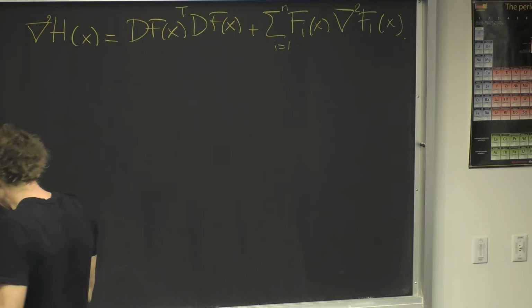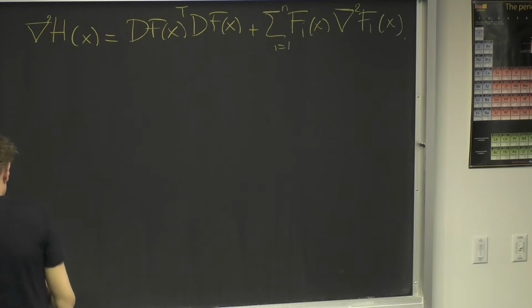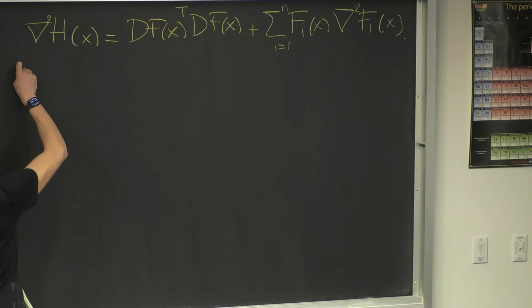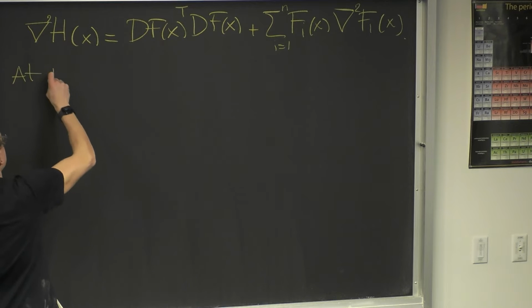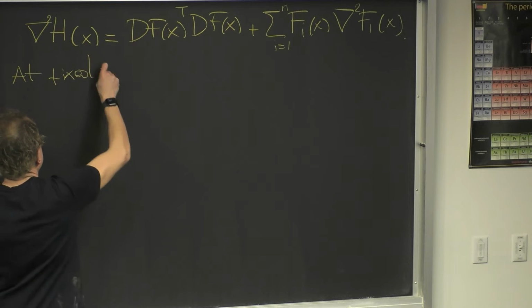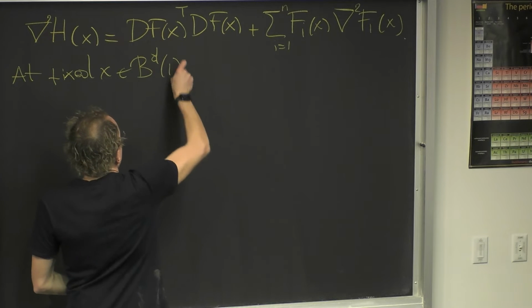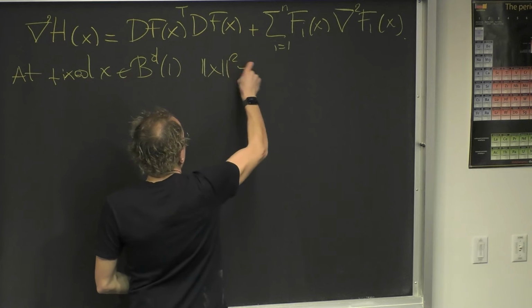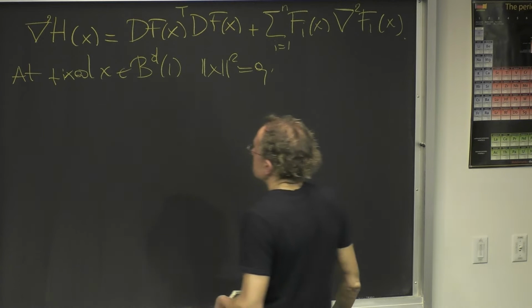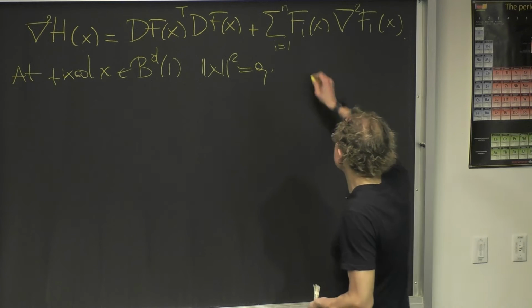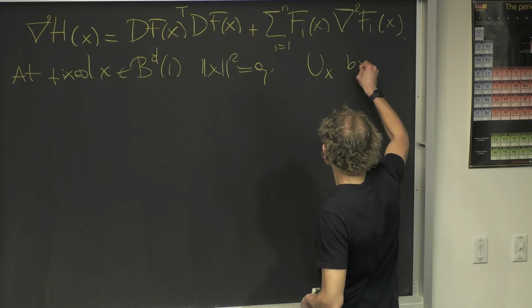Okay, and if you take a fixed x in the ball, if you look at the joint distribution of these three, if U_x is a basis for